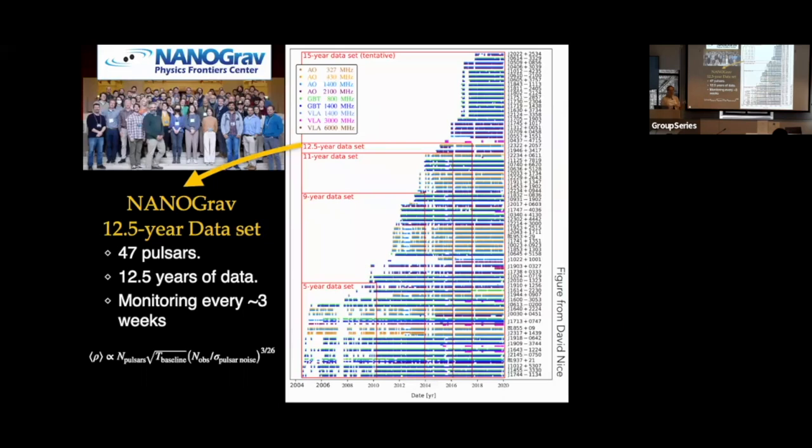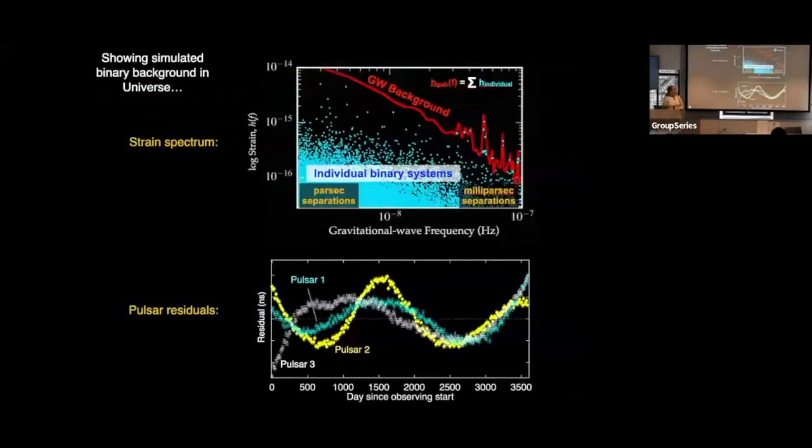It doesn't look like a big time addition, but it is actually quite a big impact on our signal sensitivity. So I was showing the strain spectrum before and showing you how you have these large separation binaries down at this end of the spectrum. And the evolution of a binary at a very wide orbit is very slow. And as you get closer and closer, it spirals faster and faster. So you end up spending a lot of time at this end of the spectrum and relatively little time at